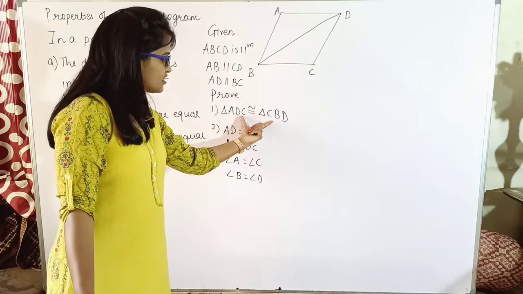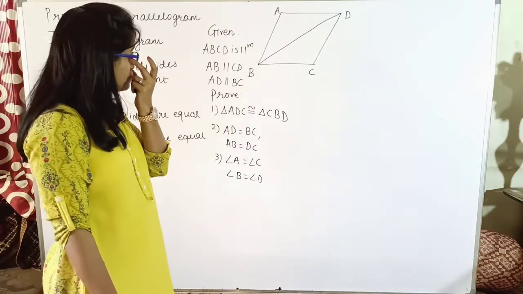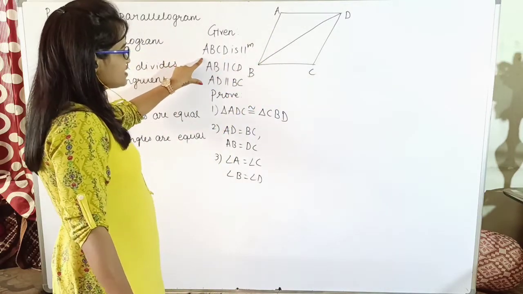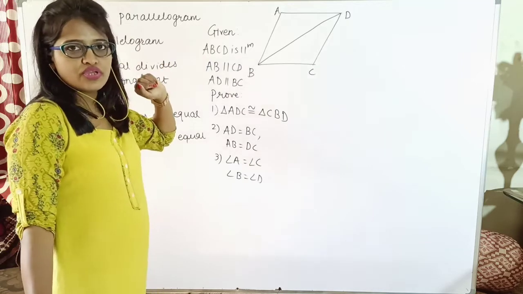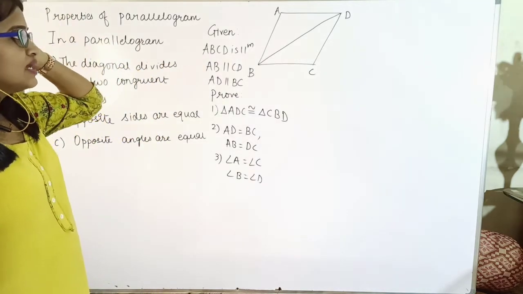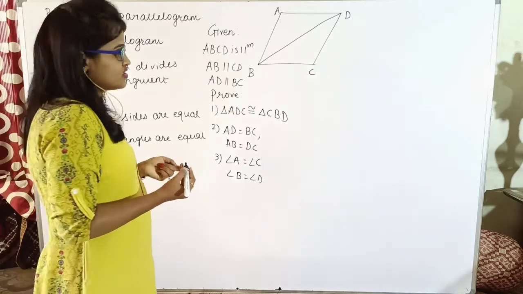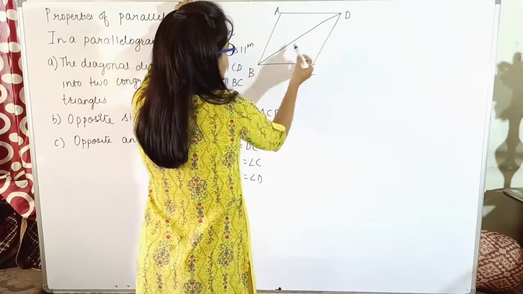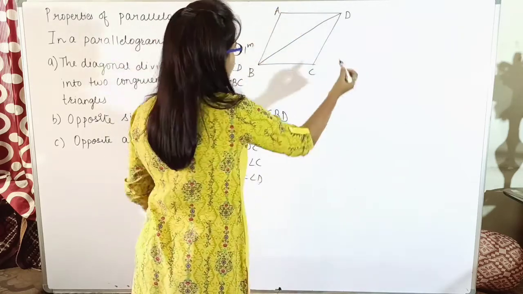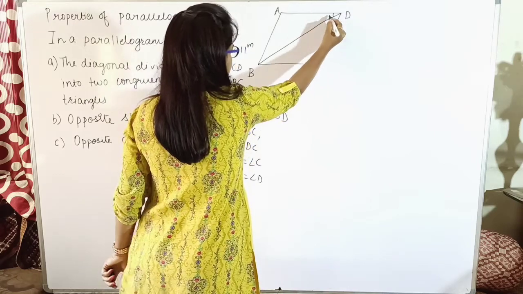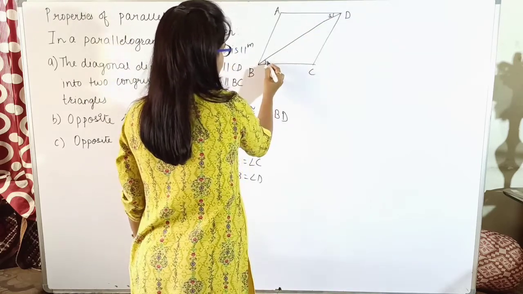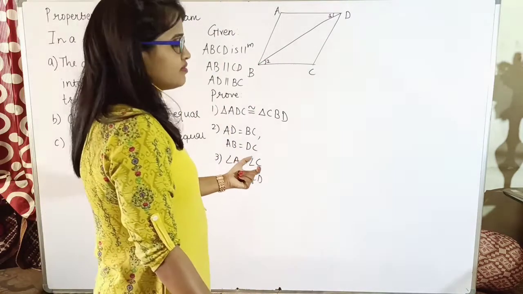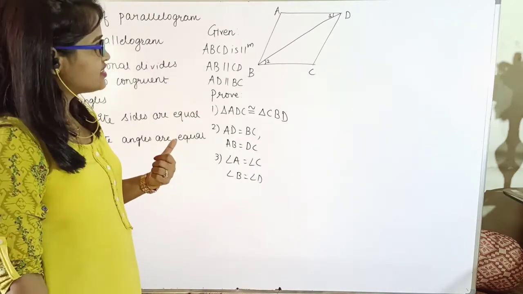First of all, let us prove that these two triangles are congruent. So when I look at these two triangles, that is ADC and CBD, what do I have as a given? I have that the two lines are parallel. Okay, so definitely I have to make use of the property with respect to parallel lines and the transversal. What if AD and BC are parallel and if I take BD as the transversal, so AD, BC parallel, will this angle, suppose I name it as angle 1 and this as angle 2, will angle 1 be equal to angle 2? Yes. Why? Because both are alternate interior angles for lines AD and BC.